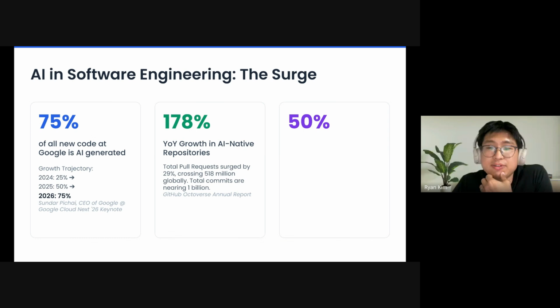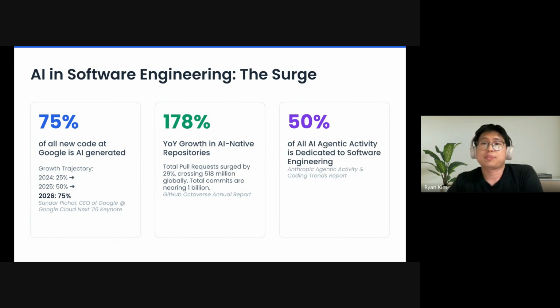Second number, 178%. This is from GitHub's October report last year. AI-native repositories grew 178% year over year. And at the same time, total PRs grew 29% and total commits almost 1 billion. So it's not just Google, the whole open source is also producing code faster.